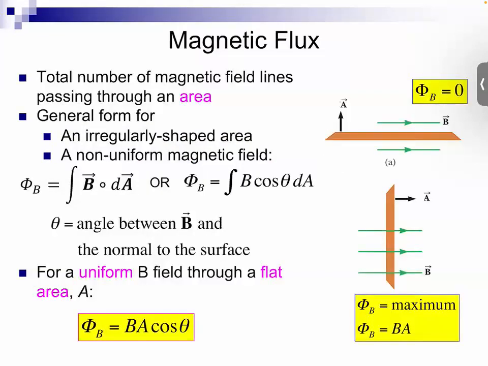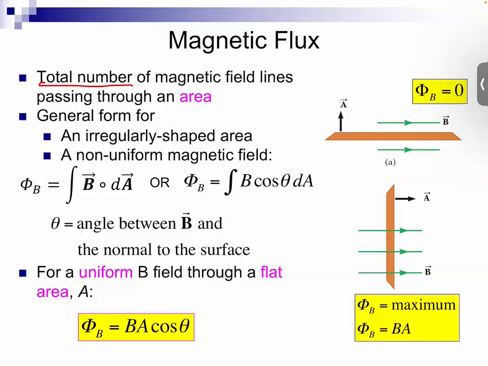Magnetic flux is essentially the total number of magnetic field lines that's passing through an area. Okay, so we said that we illustrate magnetic fields, we draw magnetic fields using magnetic field lines. So I have here some straws. This will represent my magnetic flux. So if you have a magnetic field in a certain region, essentially if you get an area A, simply count how many magnetic field lines are crossing this area, and that will give you the magnetic